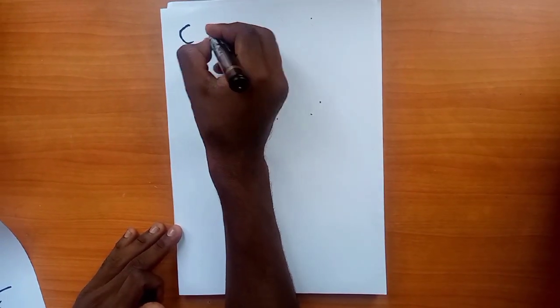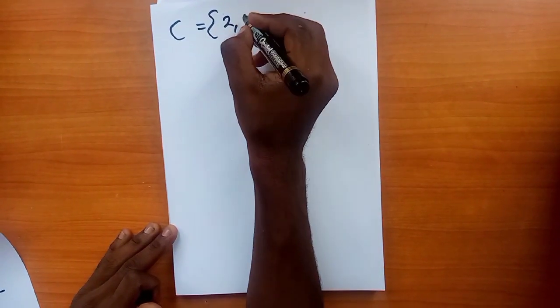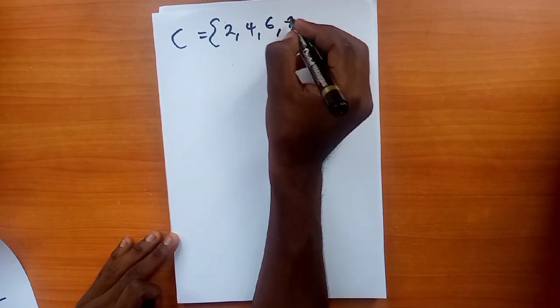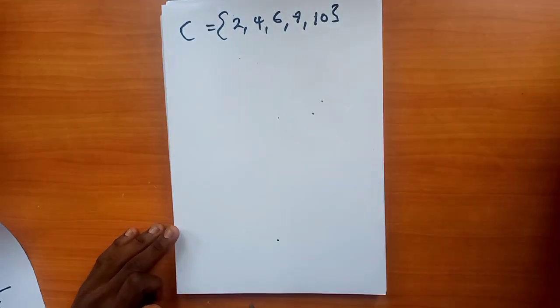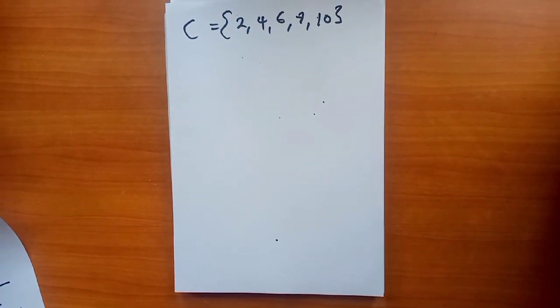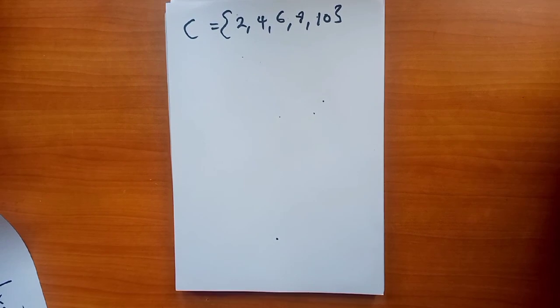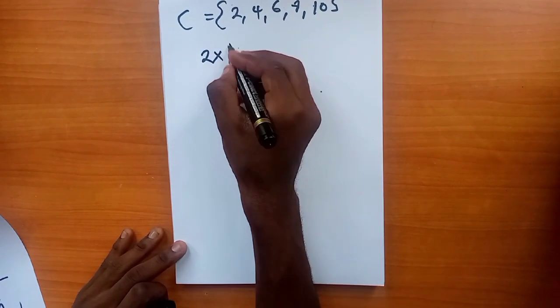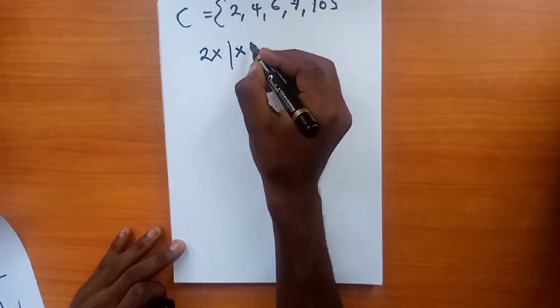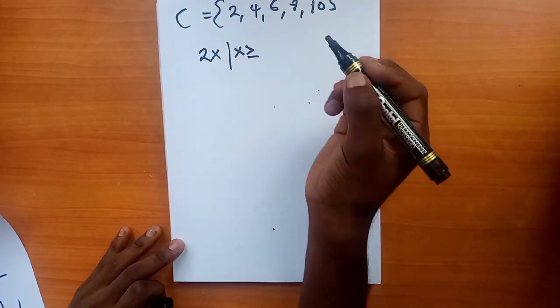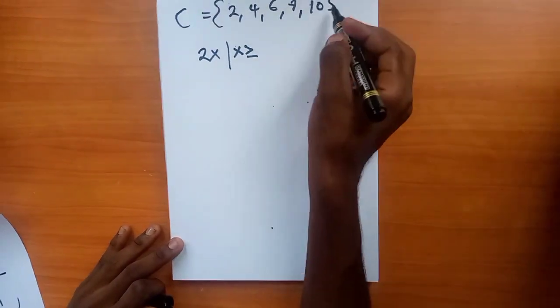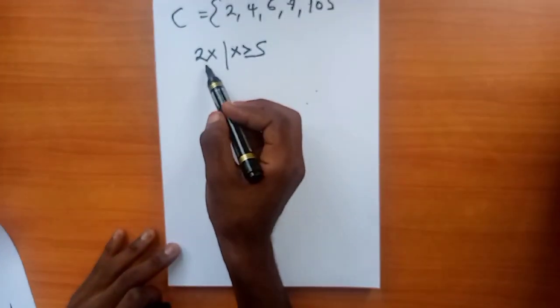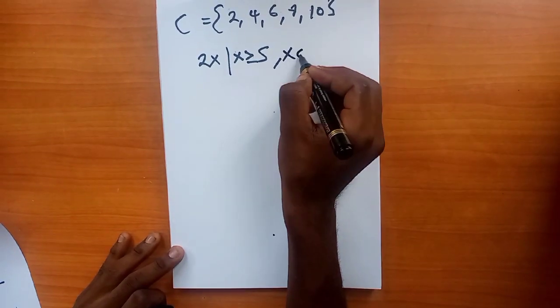Another example that I want us to look at is, let's say we've got set C, and this set contains elements 2, 4, 6, 8, and 10. Okay, now what do you realize about these numbers? You also realize that all these numbers are simply going to be multiples of 2. So just like the previous one, this is going to be 2x is such that x should be less than or equal to 5. Okay, because when you equate 2x to 10, you get 5,